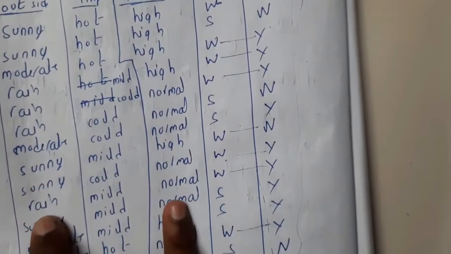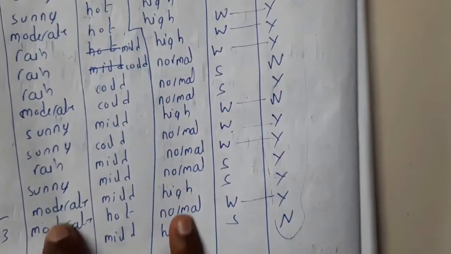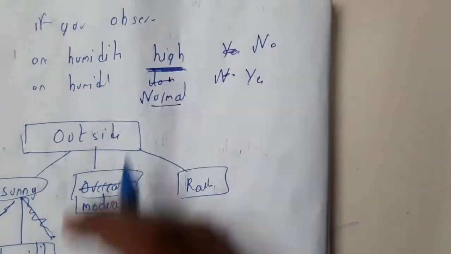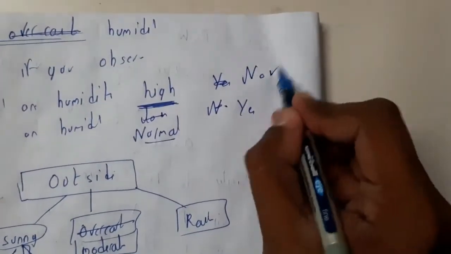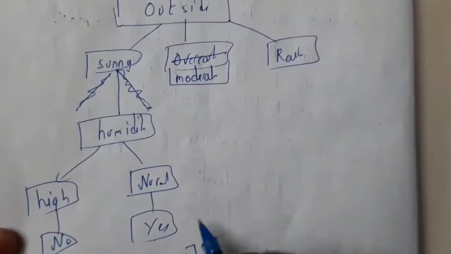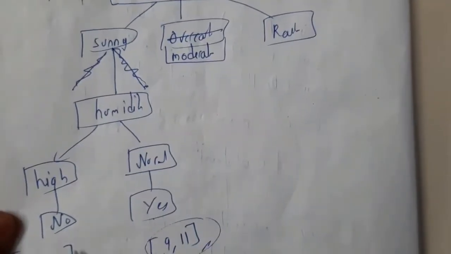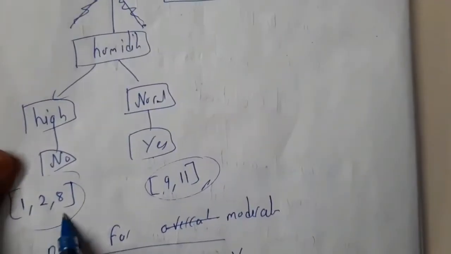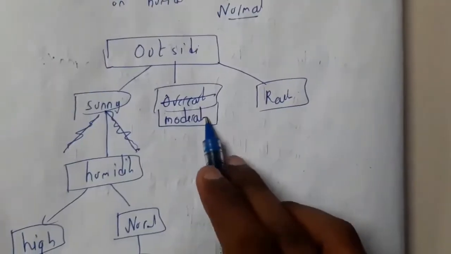Sunny plus normal, whatever it may be, all the situations are yes. So in that way you will be checking. From here on you will be checking the combinations, guys. So here we got no and here we got yes. So at the end you got it in this way. From now on you can write the dates also, guys, like on what dates or what situations we are having yes and no. Similarly you will be continuing for moderate also.